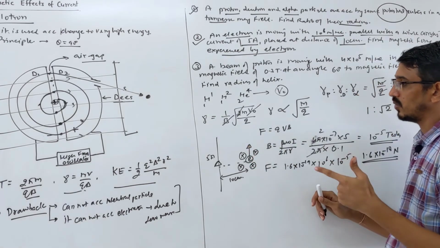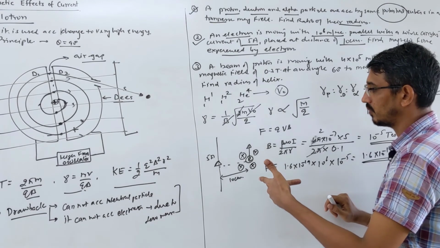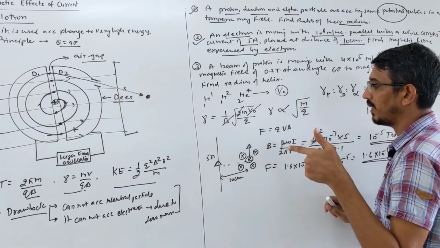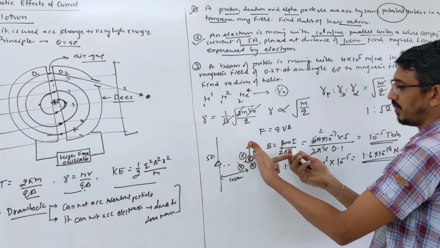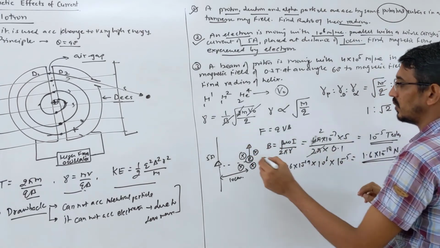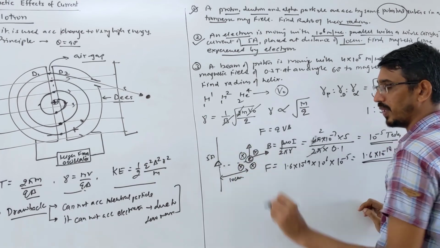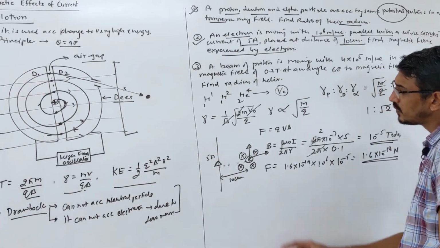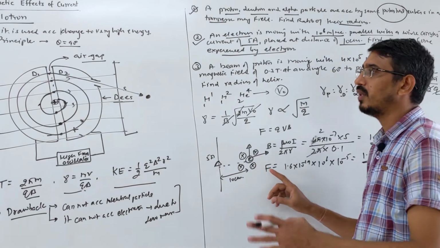Correct only. So the thumb shows velocity, right? Thumb showing what? Velocity upward. Magnetic field is inward. So force is coming towards the right. So this particle deflects away from this wire. The wire will repel this electron. Correct? Okay. This concept you can understand another way.